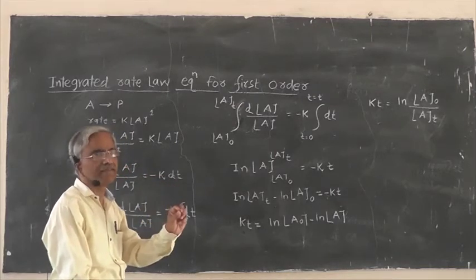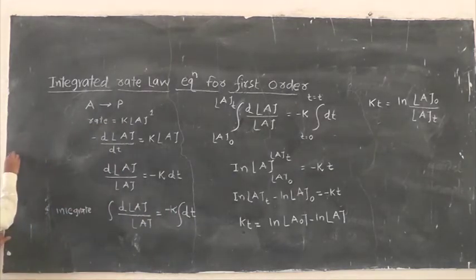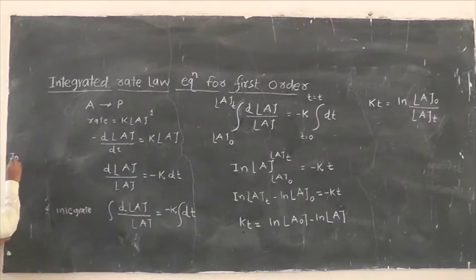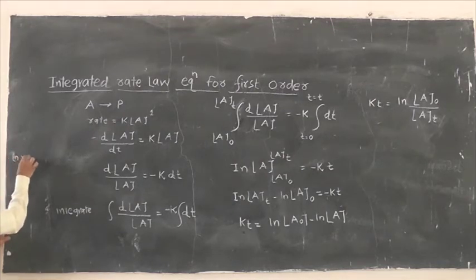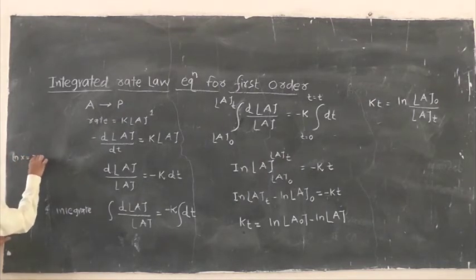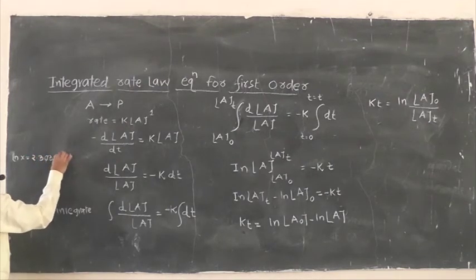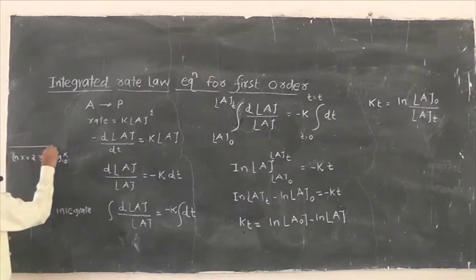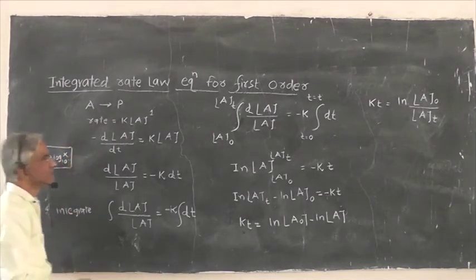Then, based upon the integrated rate law equation, if x is ln, it is a bit tedious to calculate, because ln x is always equal to 2.303 log x. Therefore, we always prefer to go for log to the base 10. This is in integrated rate law equations, so we know it. Now let us go for how to study those values graphically.